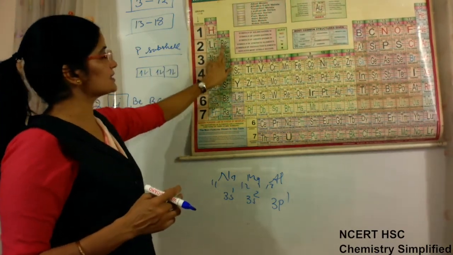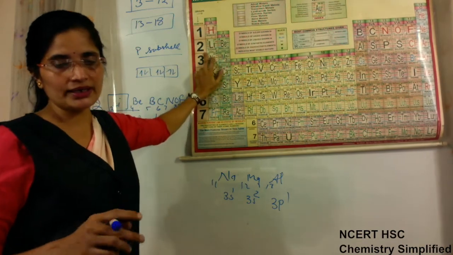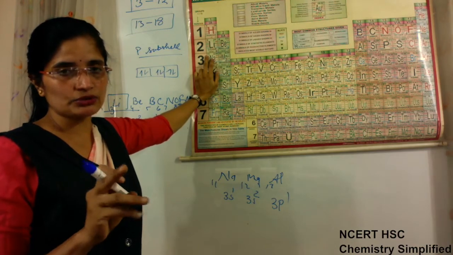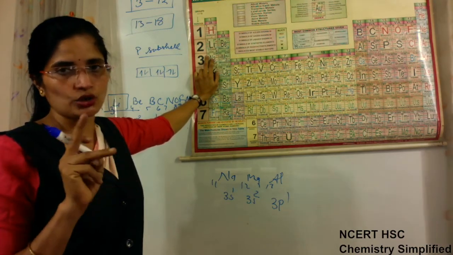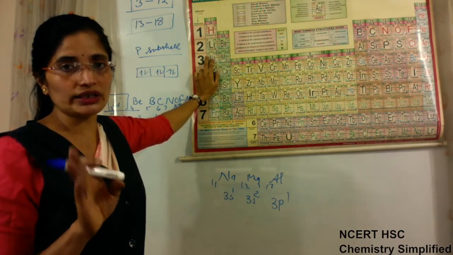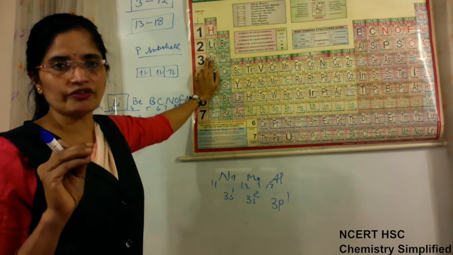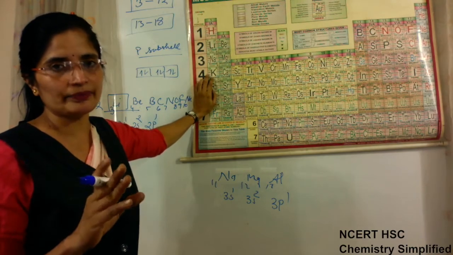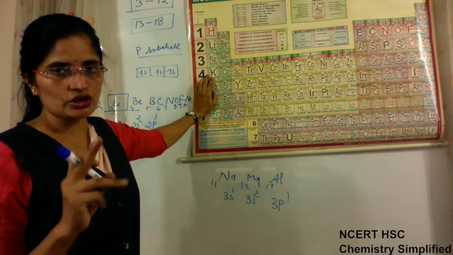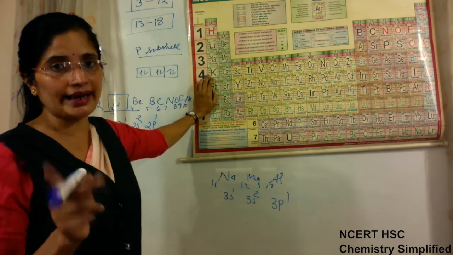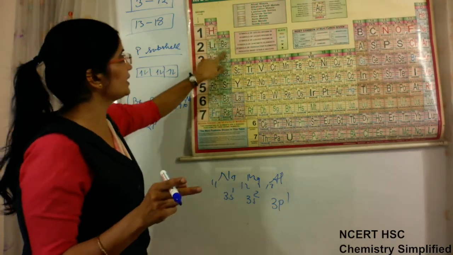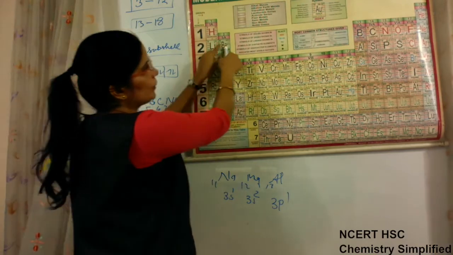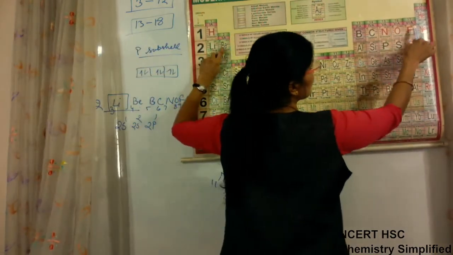You should remember that, because in this case, see, it is the second period. How many subshells does the second shell have? Only 2, 2s and 2p. It doesn't have 2d. So the total number of electrons which can be accommodated in the second shell is how many? 2s, 2 electrons, 2p, 6 electrons, total 8 electrons. That means in the second period we can have only 8 elements: 1, 2, 3, 4, 5, 6, 7 and 8.